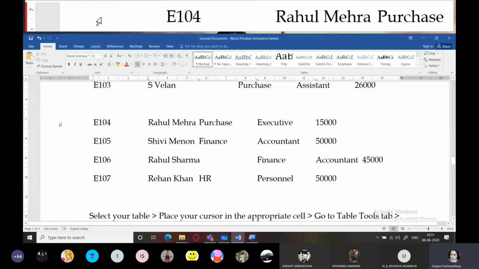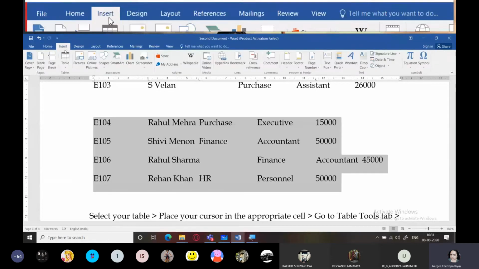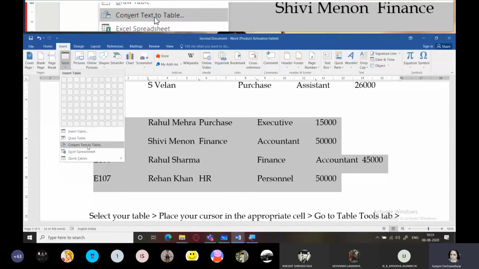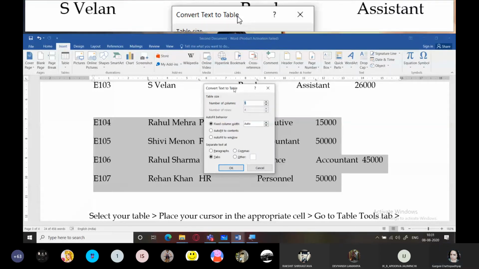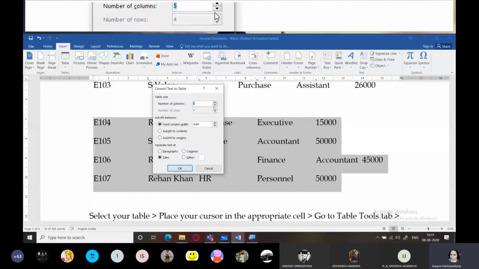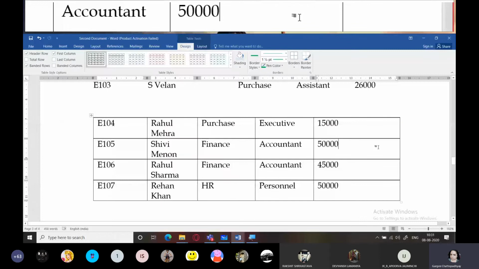This same thing you can again convert back into a table. Select everything, go to insert, table, convert text to table, number of columns 1, 2, 3, 4, 5. Okay, and tabs. And you can see that a table is created again. But you won't get that formatting back. You will have to format the table again.